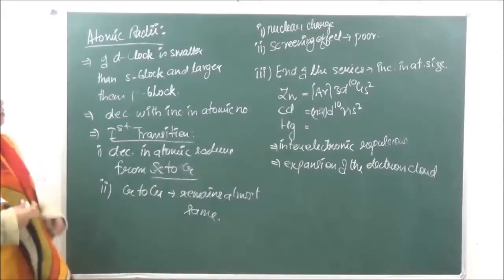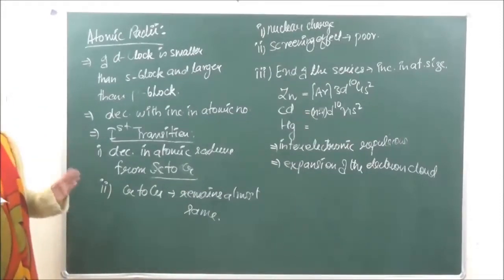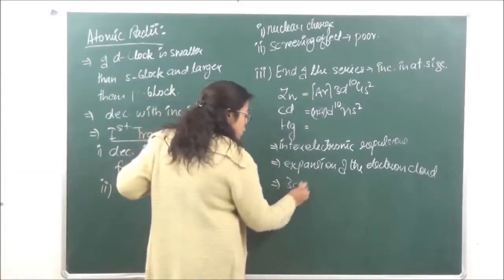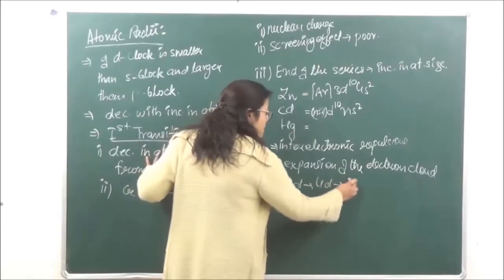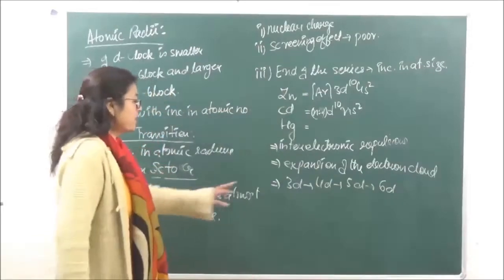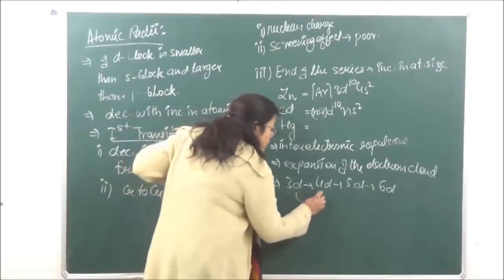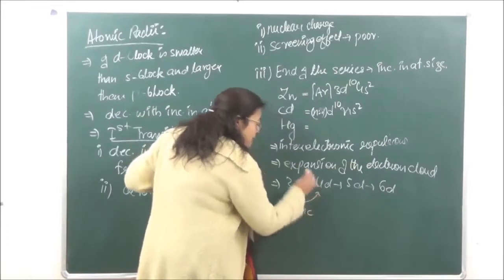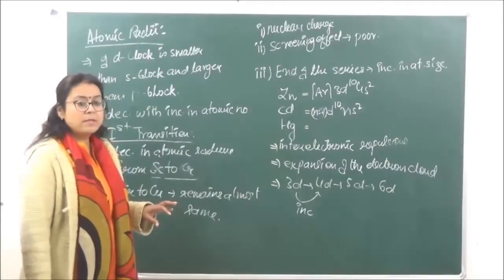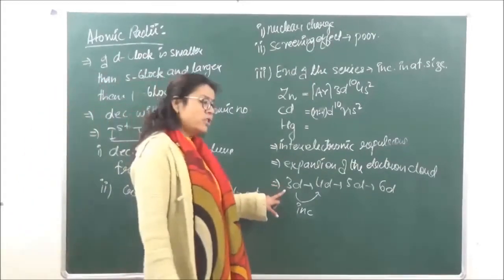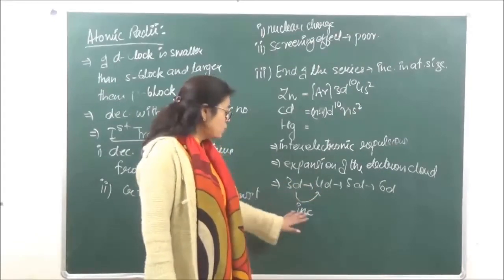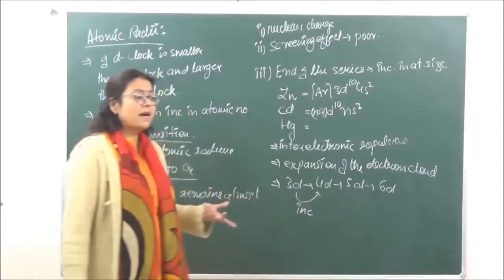Okay? Now, when we are talking in a vertical row, that is now we are traveling from 3d series to 4d series to 5d series and to 6d series. Okay? In this case, when we are traveling from 3d series to 4d series, there is going to be an increase in atomic size. That is because of introduction of a new principal shell. In 3d we are filling the 3d shell, and in 4d we are filling the 4th shell. So there should be an expected increase in the atomic radius.